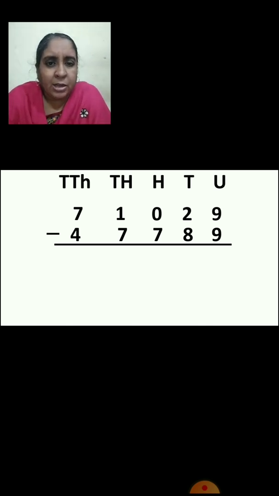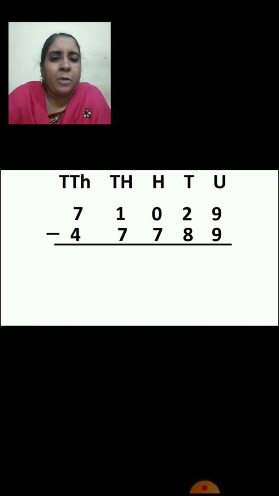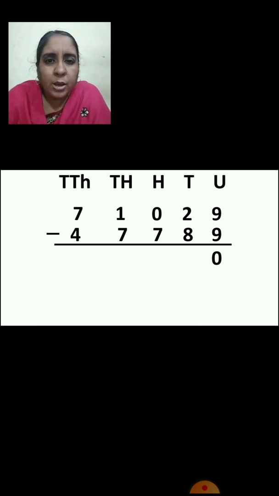Now let us start the subtraction. So first we will say units place. Now units place, see, the number 9 minus 9. What is the answer? Yes, it is 0. Now we will see tens place. Can you subtract 8 from 2? No. So what will you do? You want to go to the next place, that is hundreds place. But hundreds place is also what? 0. 100 can't give you anything. So you will go to thousands place to borrow. So you will cut 1. Right? And what will come in thousands place now? 0.